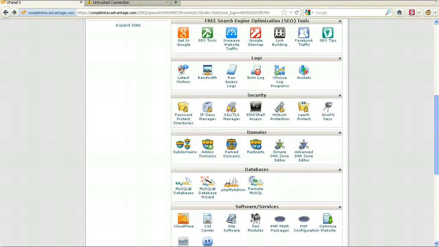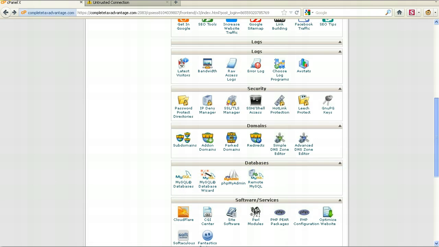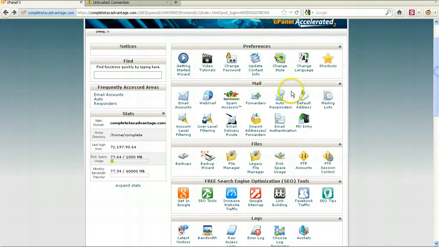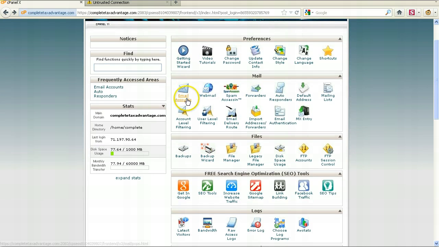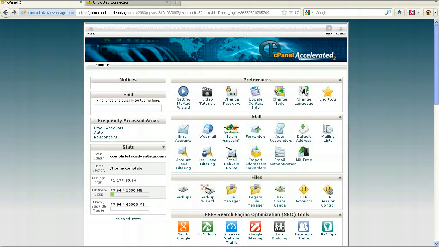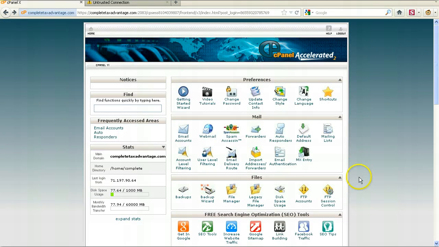And then you have stuff like this, which I don't ever suggest you adjust any of your database settings or your software and services. Basically, again, you'll be spending most of your time here under mail, creating email accounts, creating autoresponders, forwarders, and also maybe once every couple of months you'll log in and analyze your traffic and see how much traffic you're getting. If you really want to learn what every one of these features does and you have a lot of time,